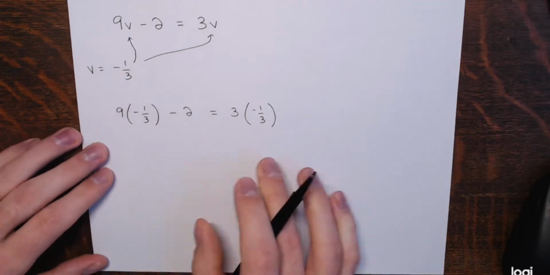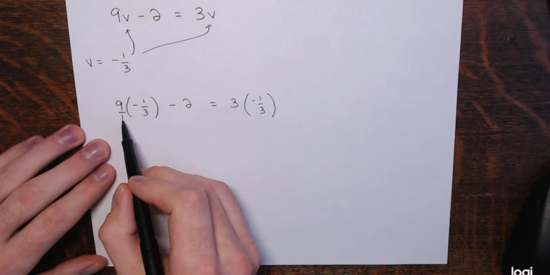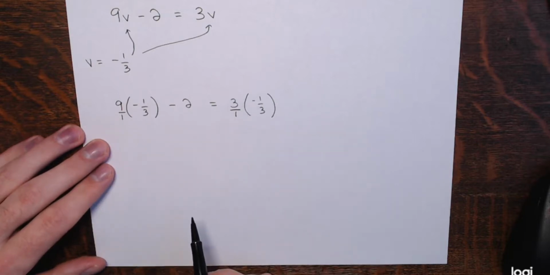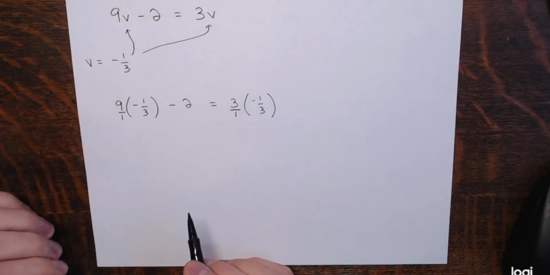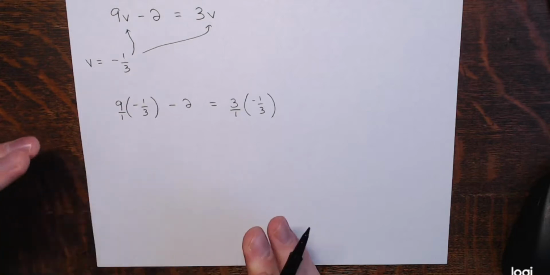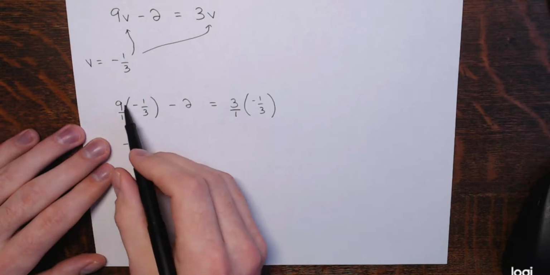Remember, this is like 9 over 1 technically, and any whole number you can put a denominator of 1 on. Same thing over here, this is like 3 over 1 times negative 1/3. When you multiply fractions, you just multiply the numerators, multiply the denominators, and then simplify if you wish. This would be negative 9/3